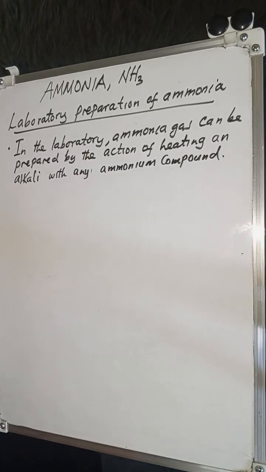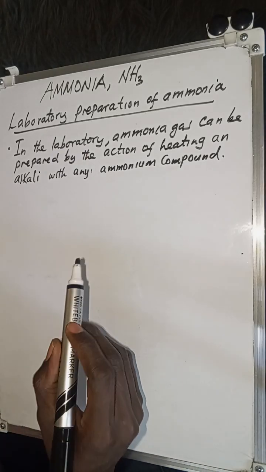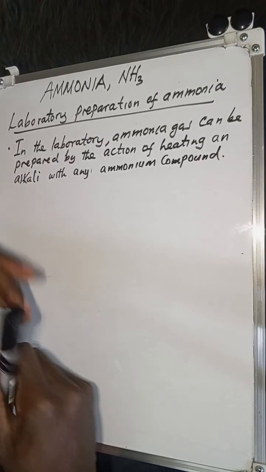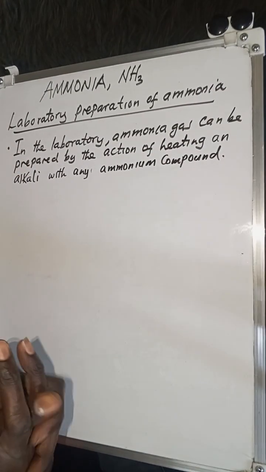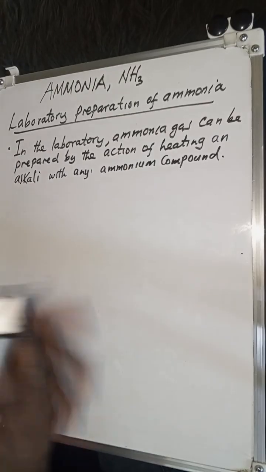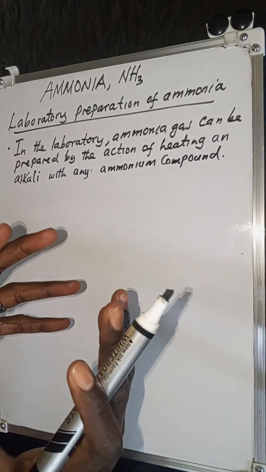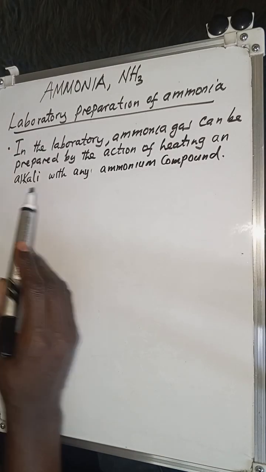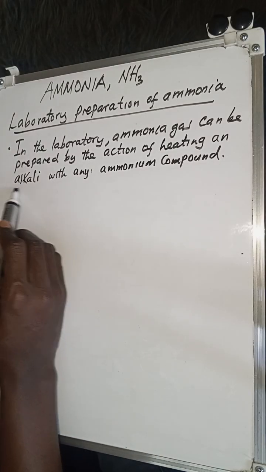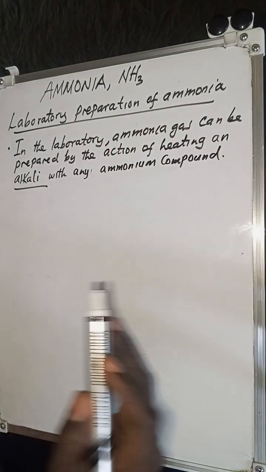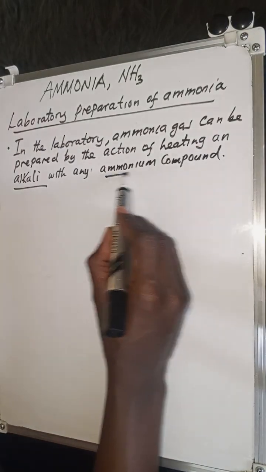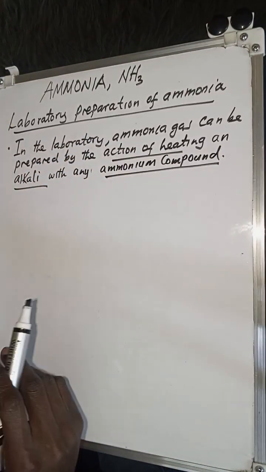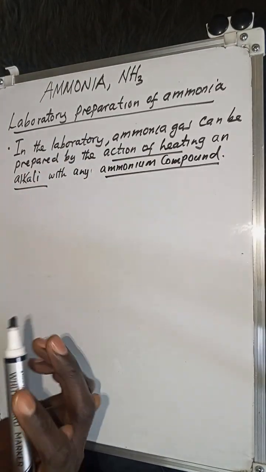So welcome to another segment of my chemistry videos as we look at preparation of ammonia, but we are going to start with laboratory preparation of ammonia. So if you want to prepare ammonia in the laboratory, it's very simple. You just need to react an alkali with any ammonium compound. So remember, an alkali is a base that is soluble. React it with any ammonium compound, but of course you need to heat the mixture